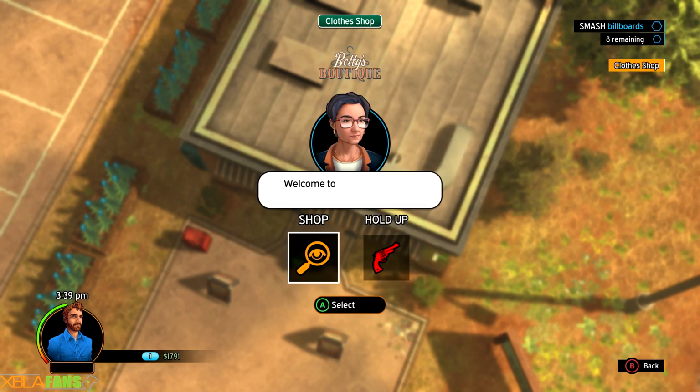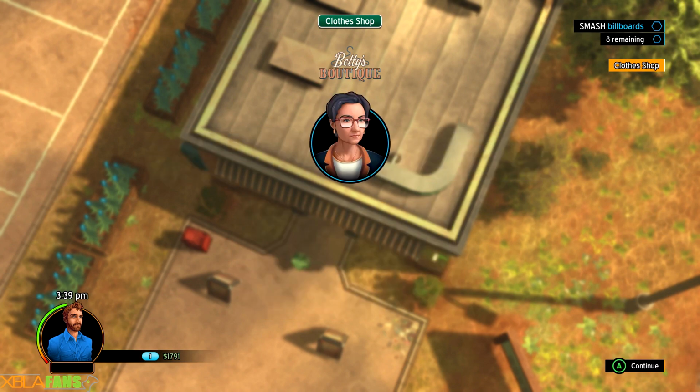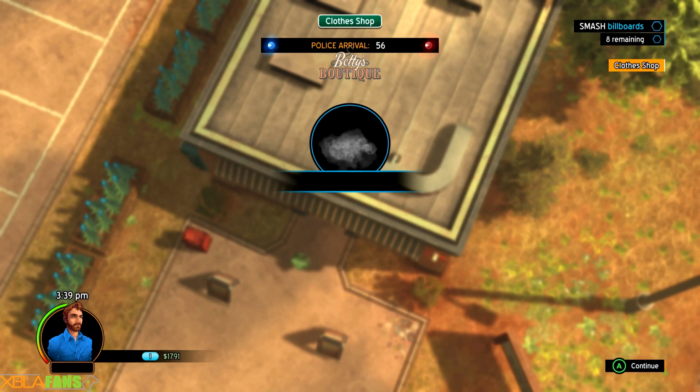There we go. And I'll just go ahead and show the stick-up mechanic. First you have to intimidate them. I have a shotgun. She is scared. So now the police have been alerted. They will arrive in 80 seconds. So I'm going to release her because I can't restrain her right now. And now I can...